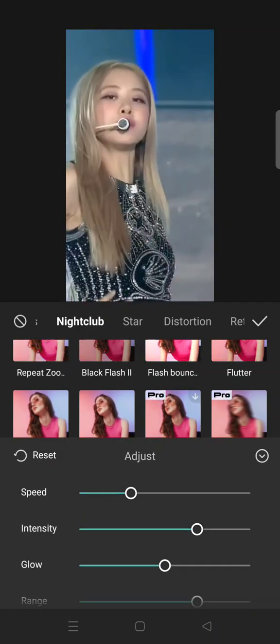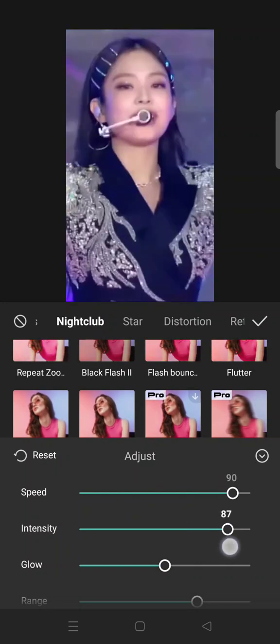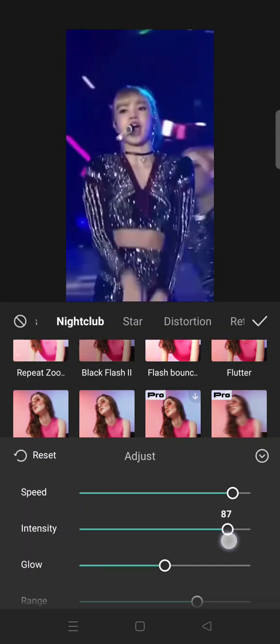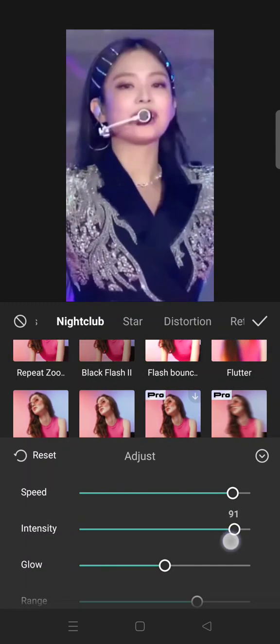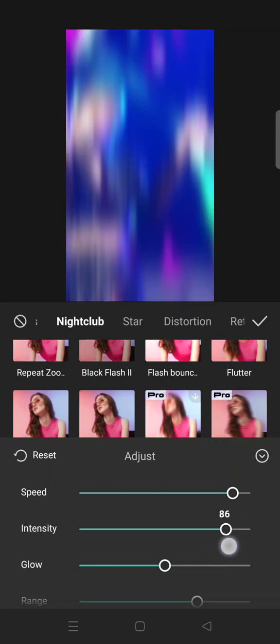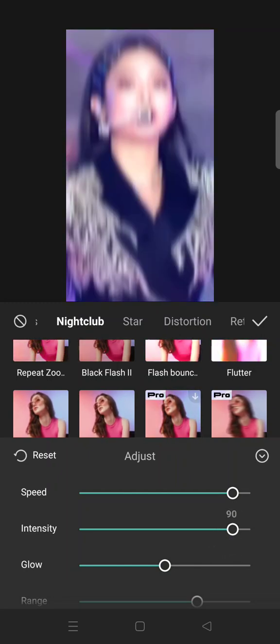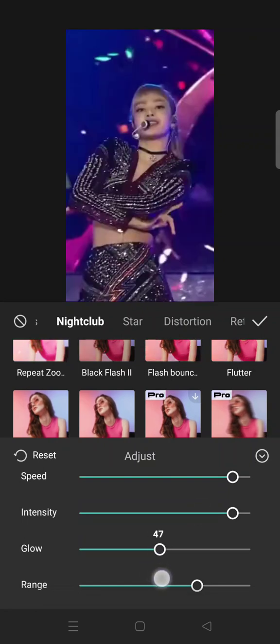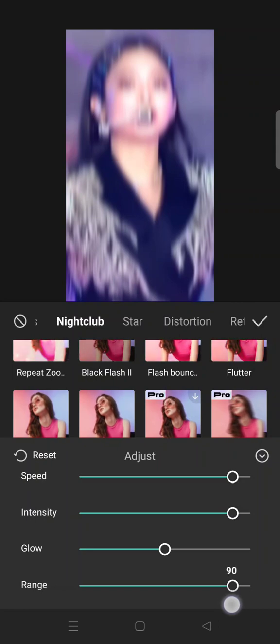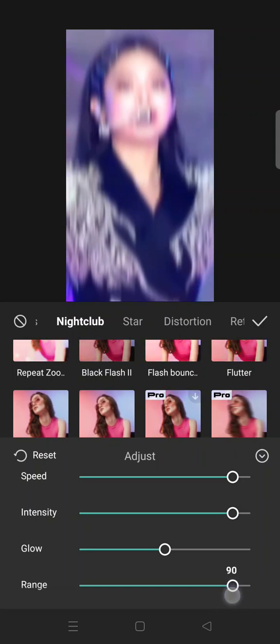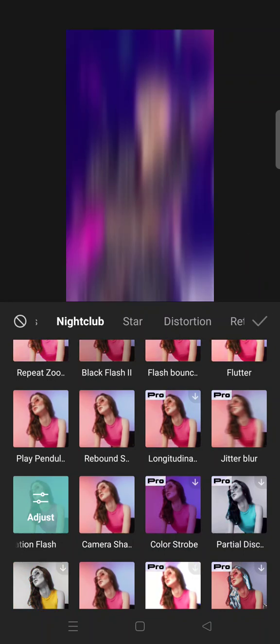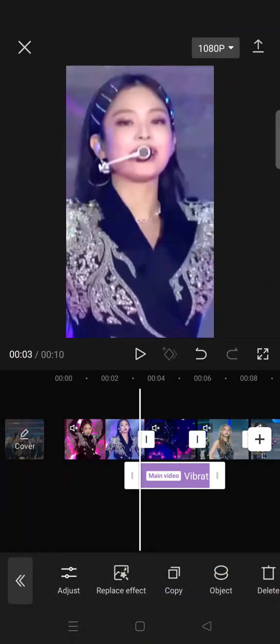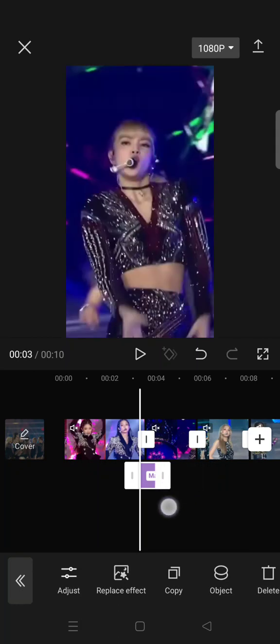So for the speed and intensity, set it to 90. And then the glow 50 and range 90. Okay, so it will go like this. Click on the check icon and now put the effect in between two clips that you want the shake effect